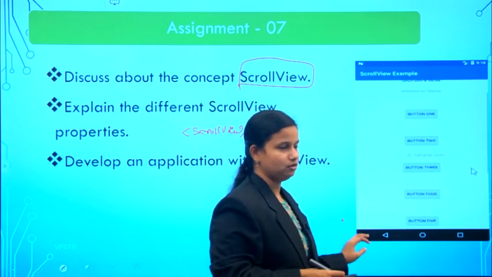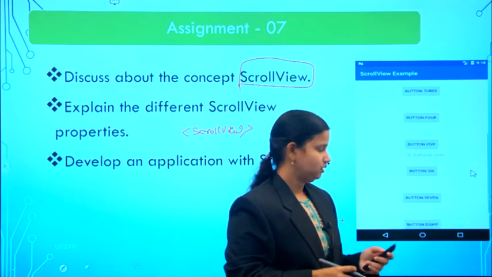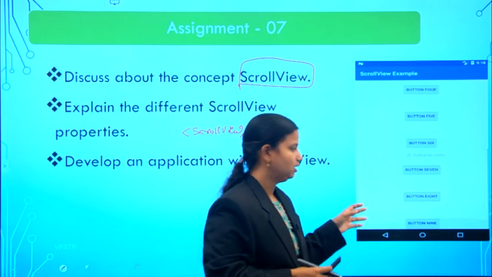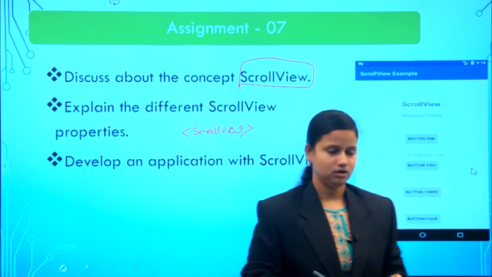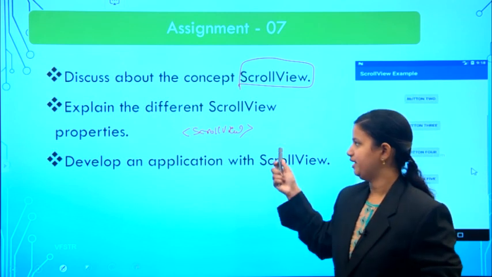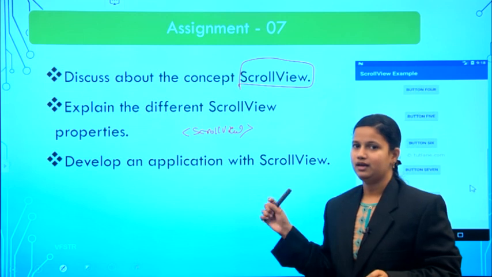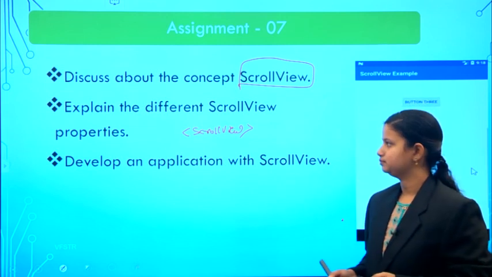How are the contents to be displayed? That is to be discussed in this. So all of you develop the application according to this example. Okay. So the scroll view implementation, what the different properties introduced in this scroll view are, and develop an application corresponding to this output.